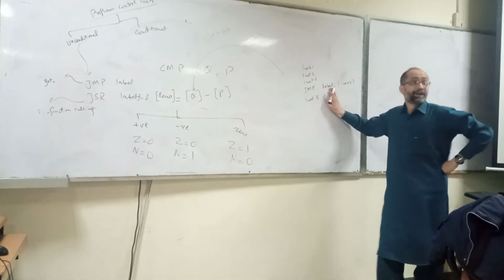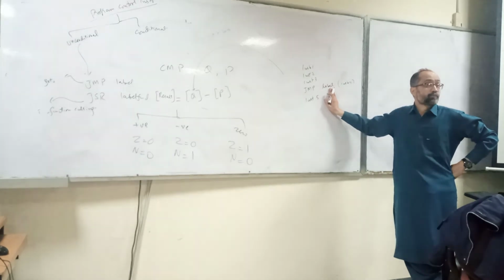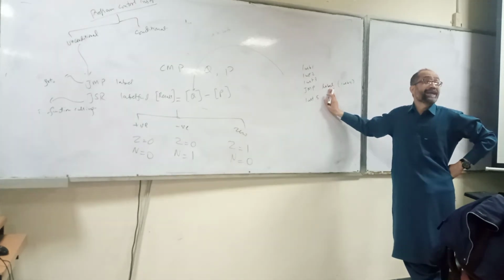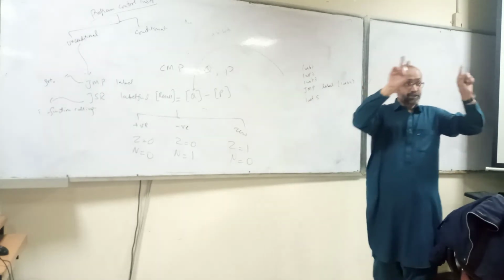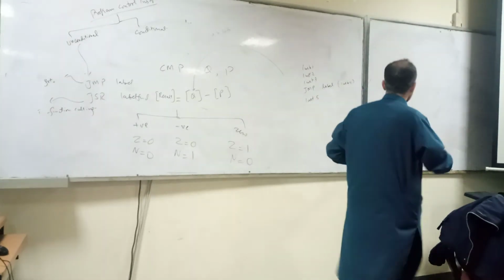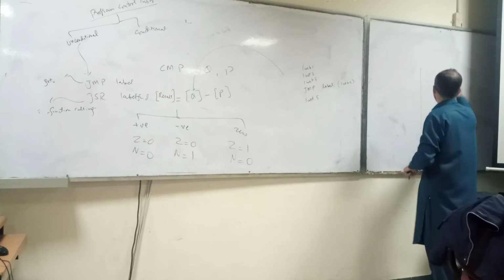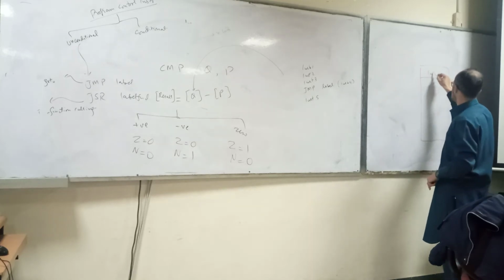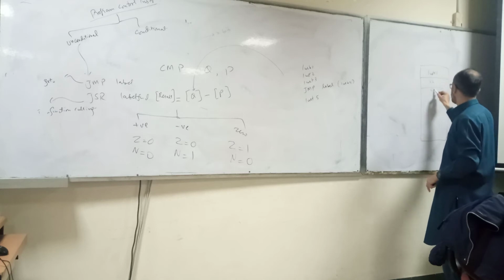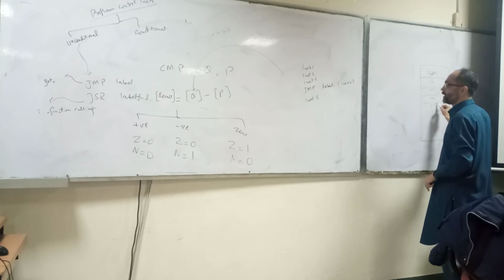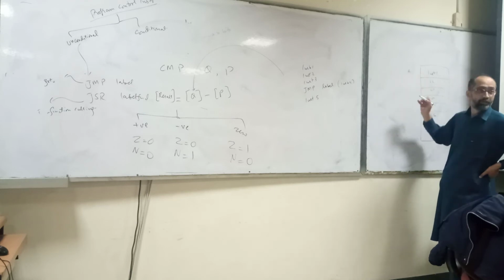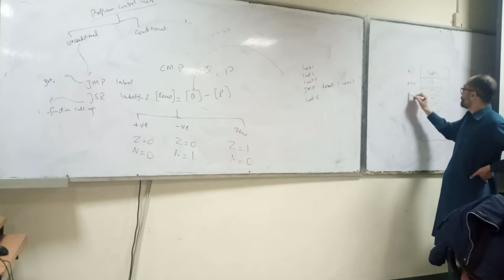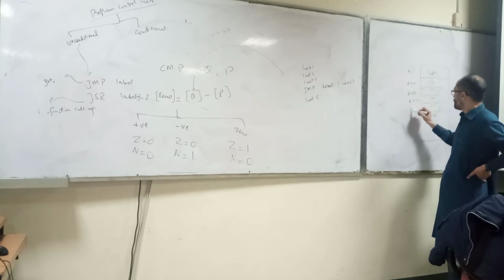Now if you have a jump, what is the label? It's basically a memory location. It is actually an address. How are the instructions stored in memory? If you remember, the instructions are stored in memory. So let's assume this is your memory, and these are instructions: I1, I2, I3, I4, I5, I6, and so forth. Let's assume this address is A. This address is A plus 4, A plus 8, A plus 12, A plus 16.